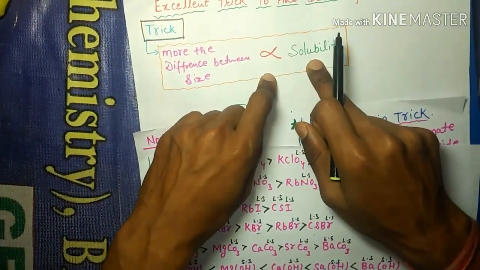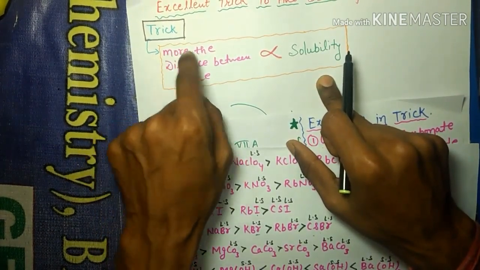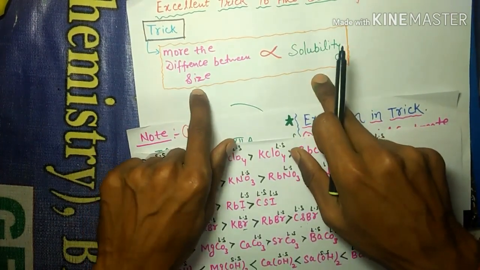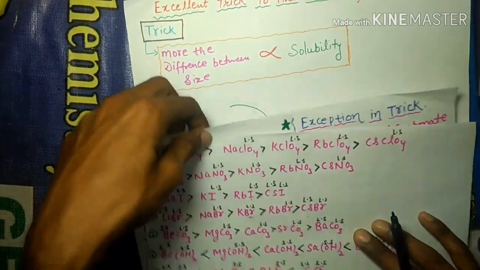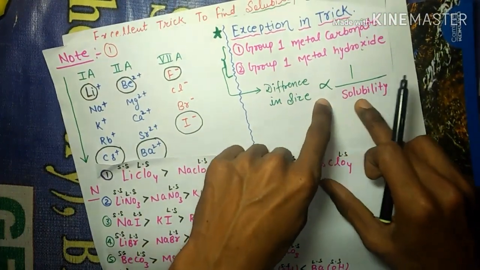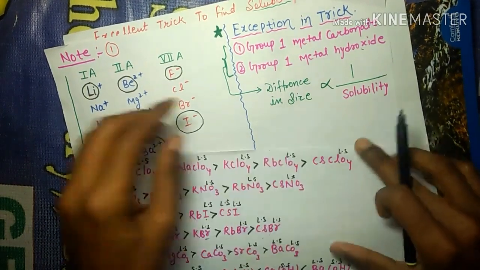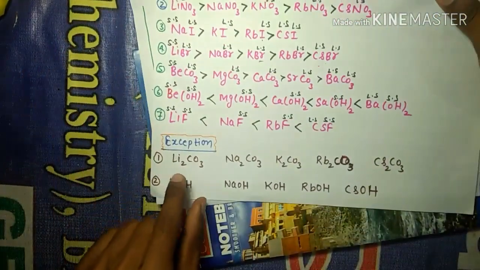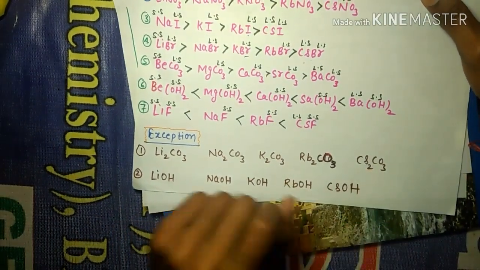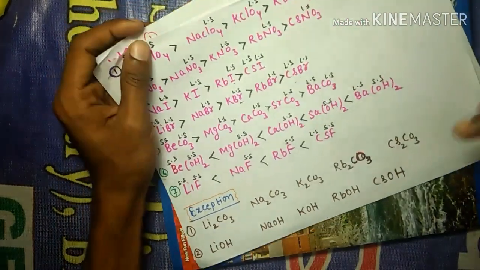इनवर्सली प्रोपोर्शनल हो जाएगा सॉल्युबिलिटी का, मतलब कि डिफरेंस बिटवीन देयर साइजेस इनवर्सली प्रोपोर्शनल टू सॉल्युबिलिटी हो जाएगा। ये मैंने यहाँ पे ट्रिक में लिखा भी हूँ कि डिफरेंस इन द साइज इनवर्सली proportional to solubility. So in this question, Li2CO3, Na2CO3, K2CO3, Rb2CO3, Cs2CO3, in this we have to do, okay, so